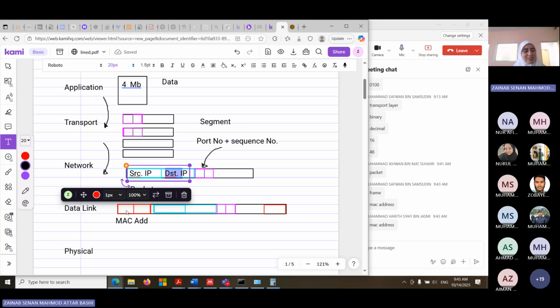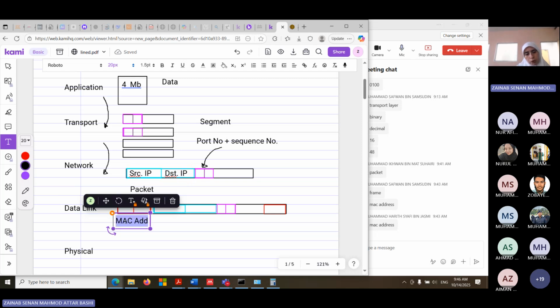So simply it is like the next step. This is the MAC address. That's why here we talk about the switch, because all the time your computer is connected to a switch or router. So the MAC address is always about who's next. Who am I talking to? Who's the next device?